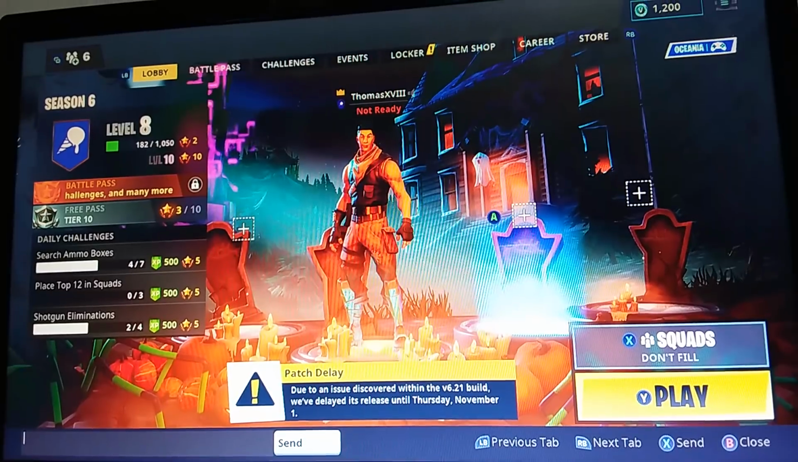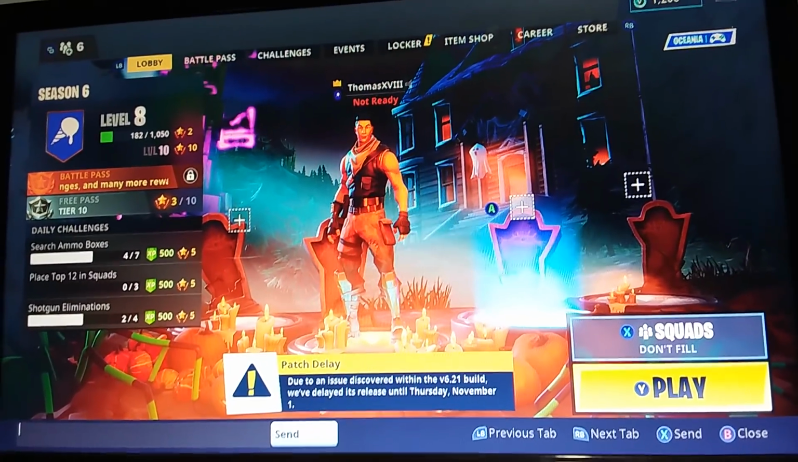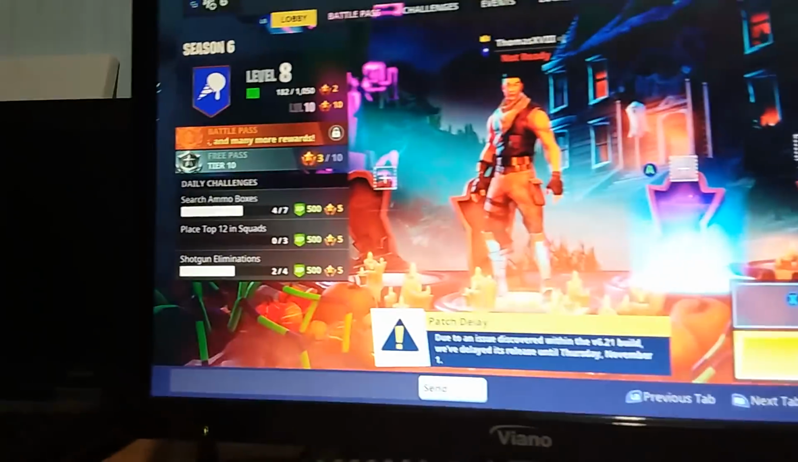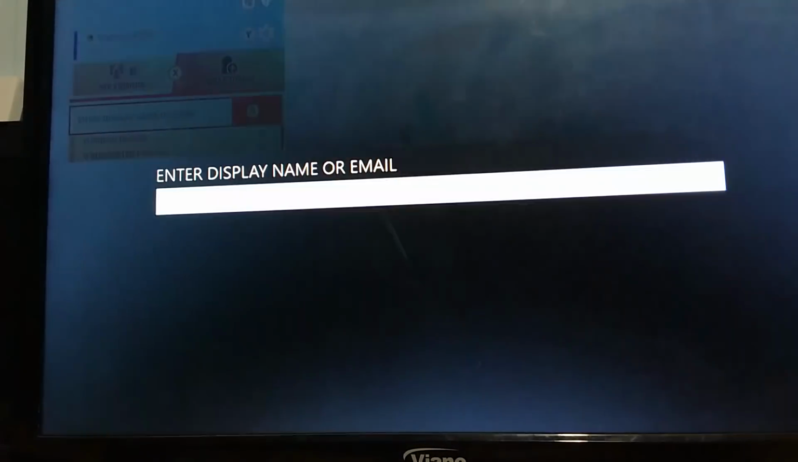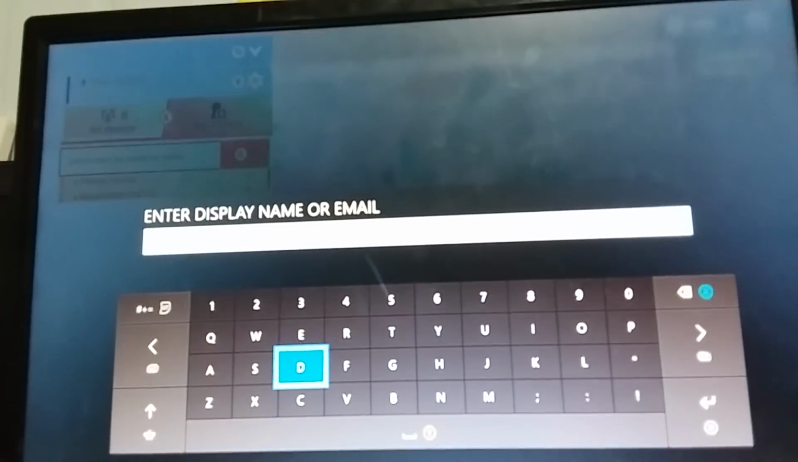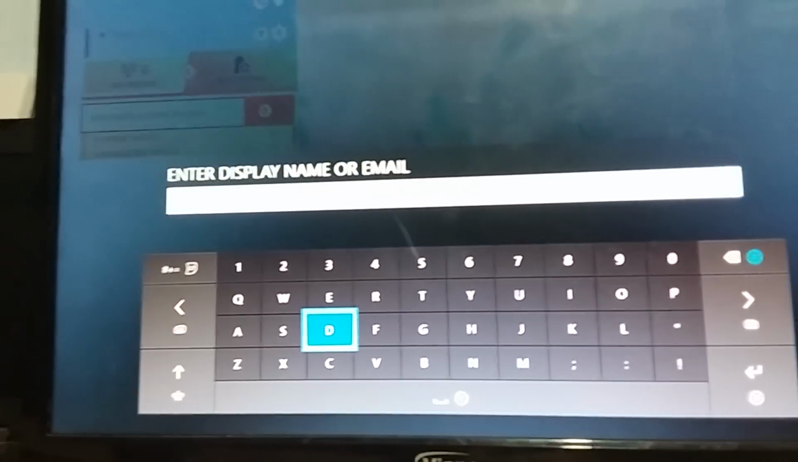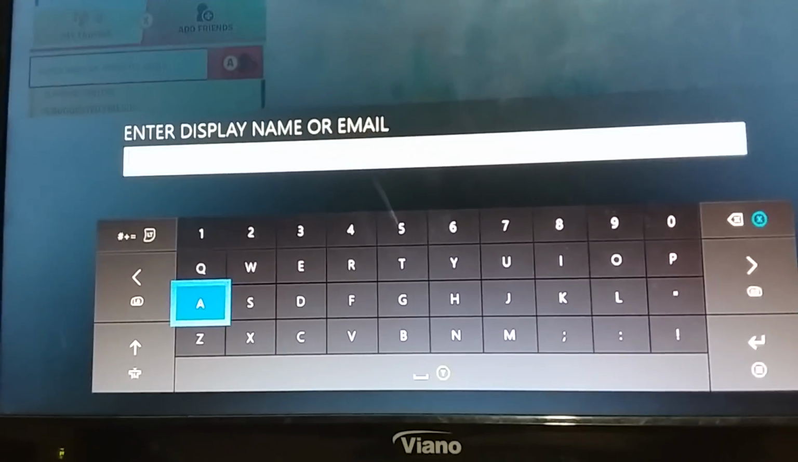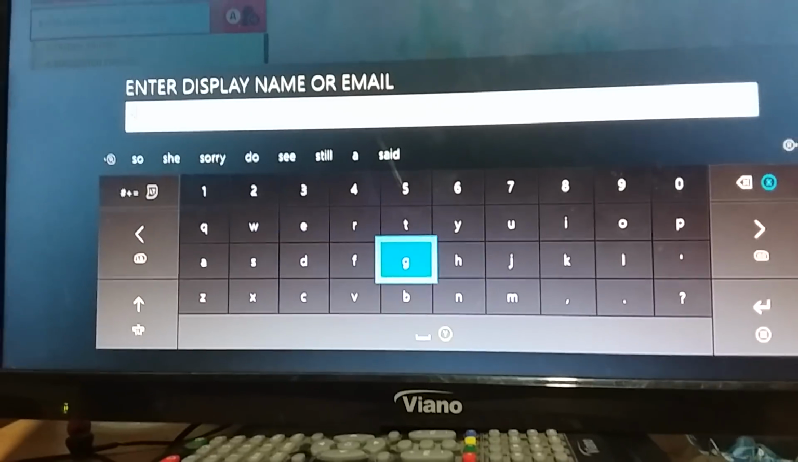So what you want to do is go over to Add Epic Games Friends. So you want to go Add Friend. And all you want to do is enter display name or email. And you want to make sure it's lowercase. You want to type in